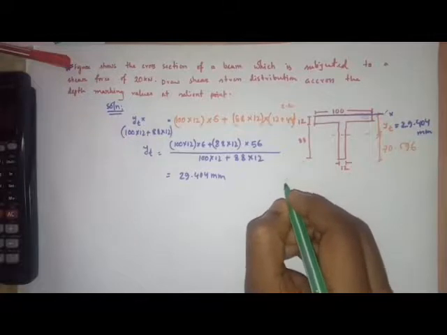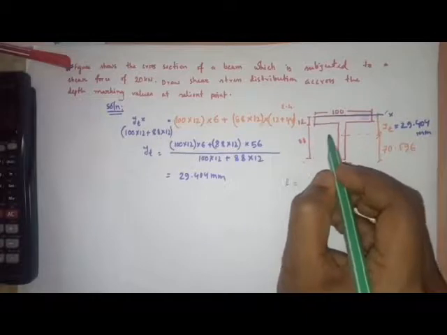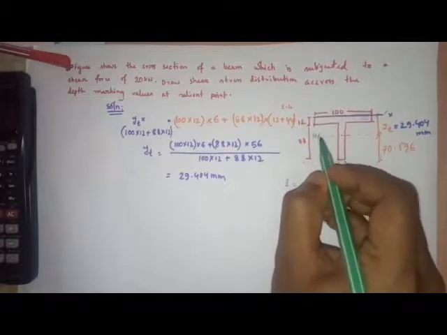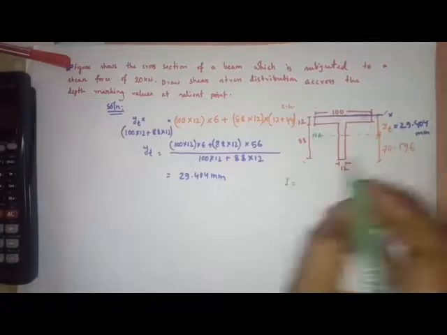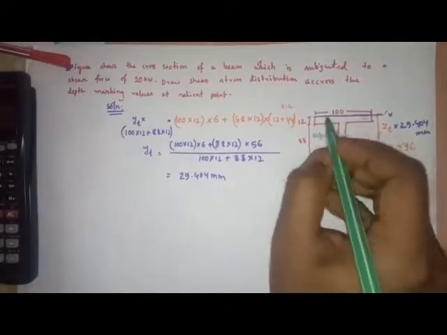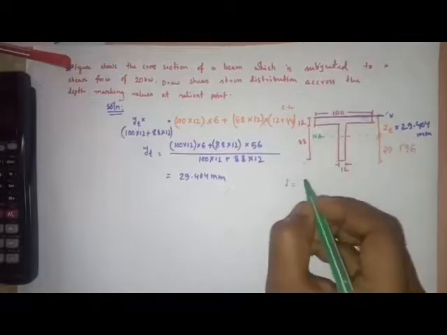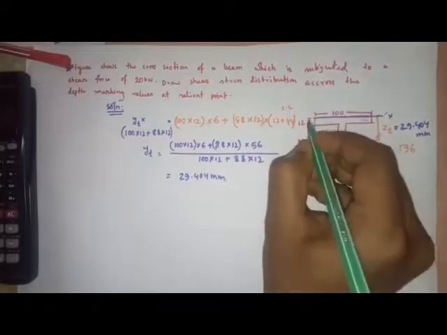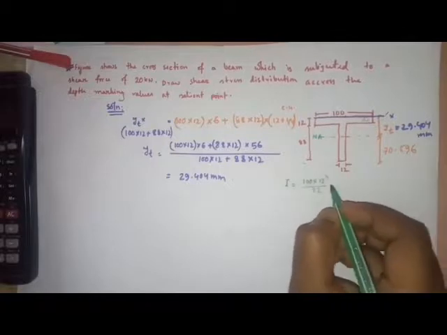That is I equal to bh cube by 12. It will be calculated from the neutral axis, which is at 29.404 from x. So for this one, bh cube by 12, where b is 100 and h is 12, plus